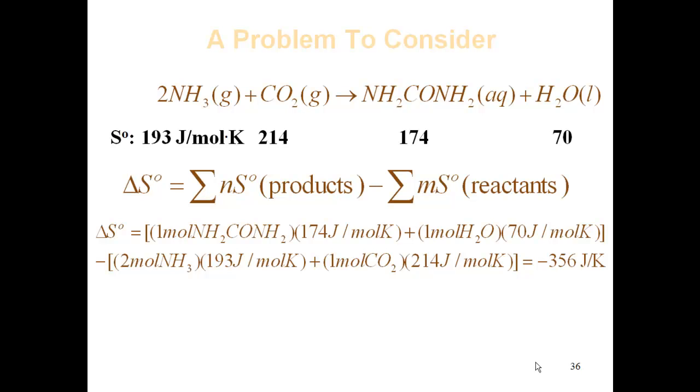I get 1 mole of urea times my 174 joules per mole Kelvin. My moles cancel. Add that to my water, which is 1 mole of water times my 70 joules per mole Kelvin. My moles cancel. I add those up. Those are my product terms. So that's my products. Then I'm going to subtract my reactant terms,